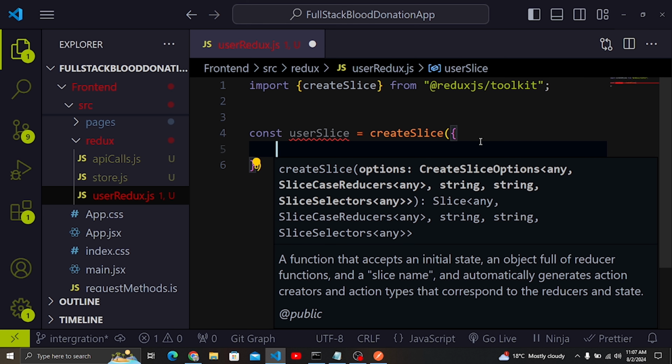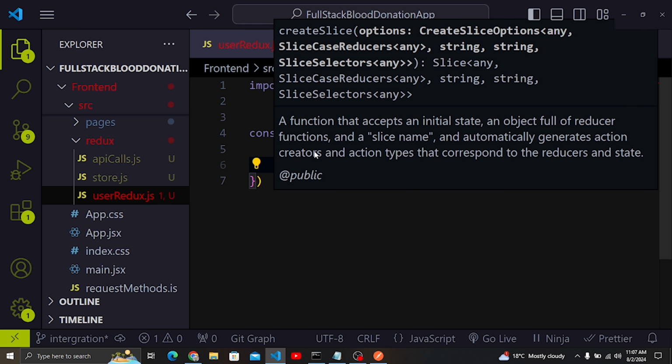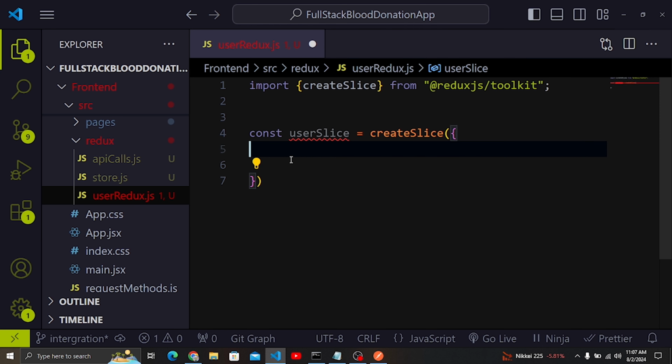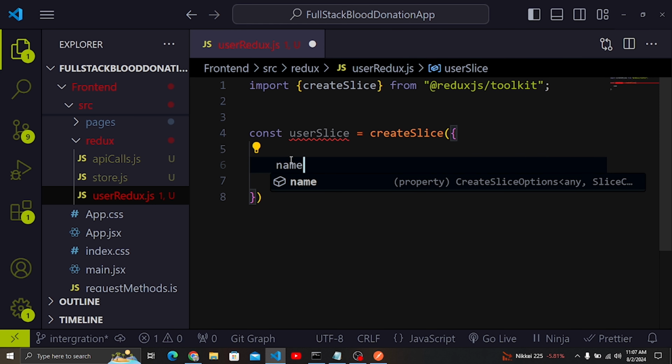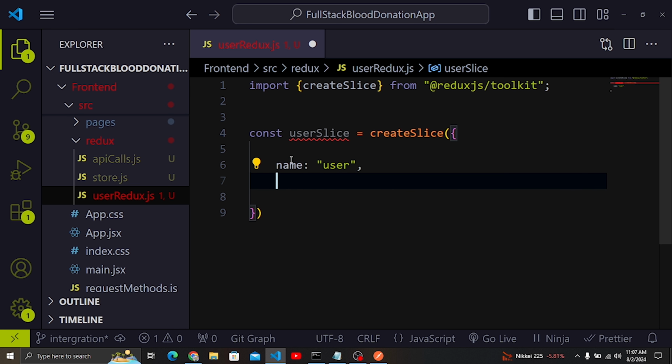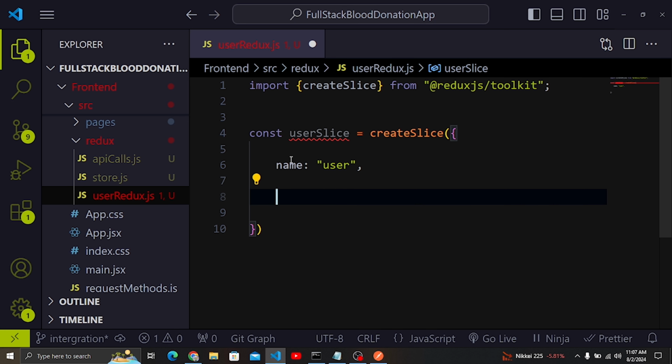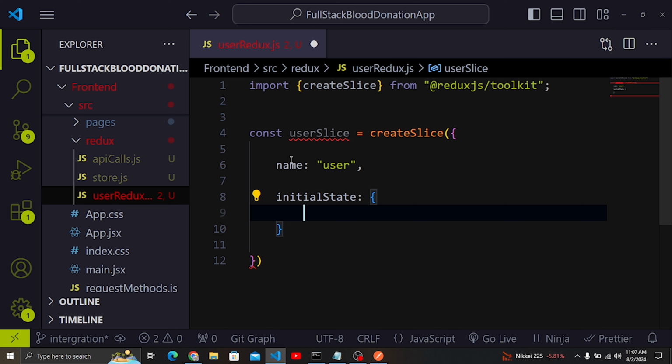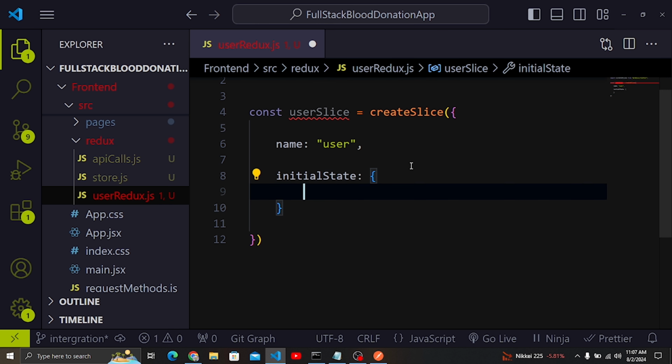I'm going to call it as a function, and then this function accepts this object here. So the first thing that I need to make sure that I add is the name of my slice. So my slice name that I'm going to add here is user. So another thing is I'm going to have the initial state. So for the initial state here, I'm going to add for this slice, it will have